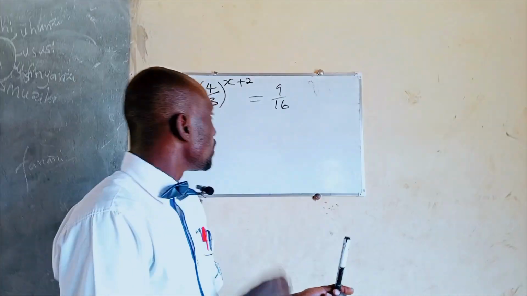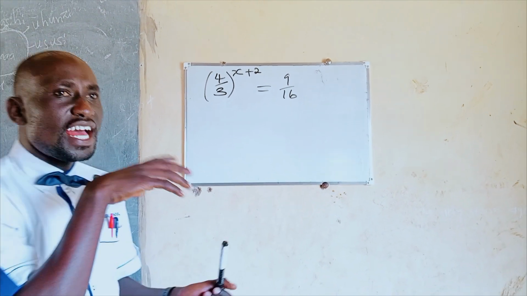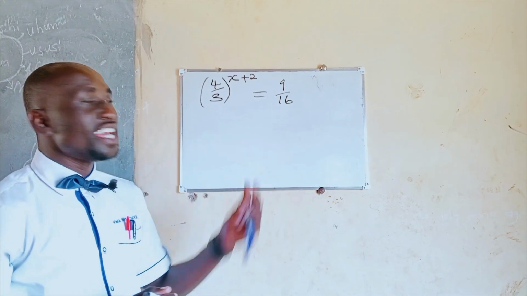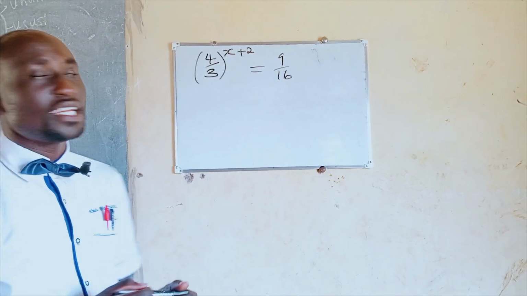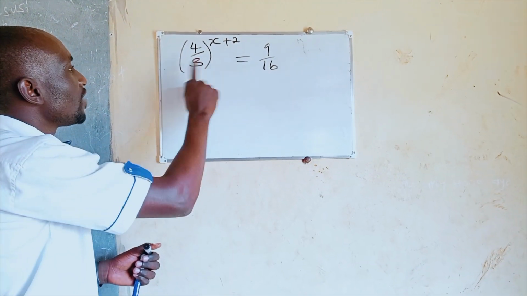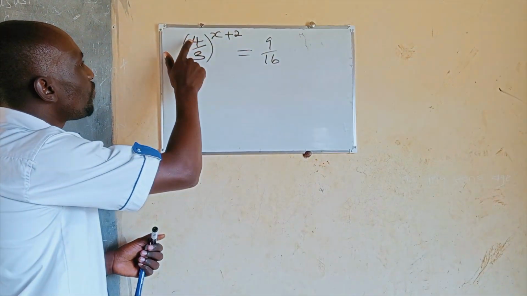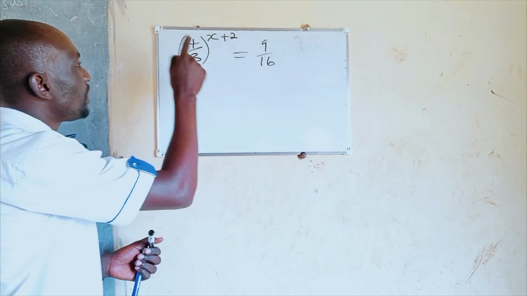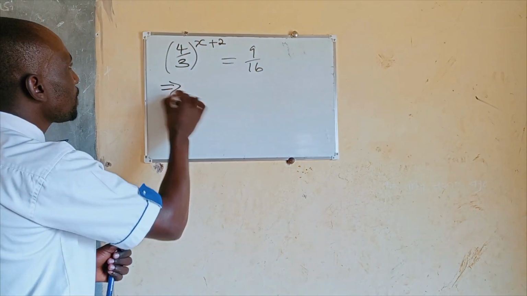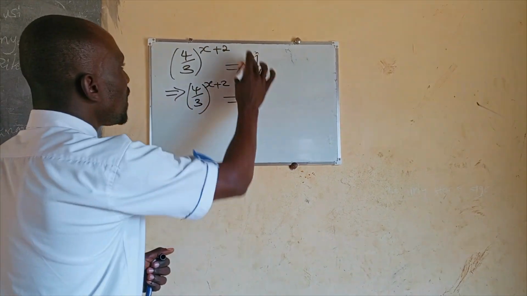I'll try to explain a number of things before we just start. You realize that on the left hand side we have 4 over 3, but on the right hand side we have 9 over 16. There seems to be a relation between 4 and 16, 3 and 9. How? If I square 4, I get 16, and if I square 3, I get 9. And therefore we will start by having (4/3)^(x+2) is equivalent to,